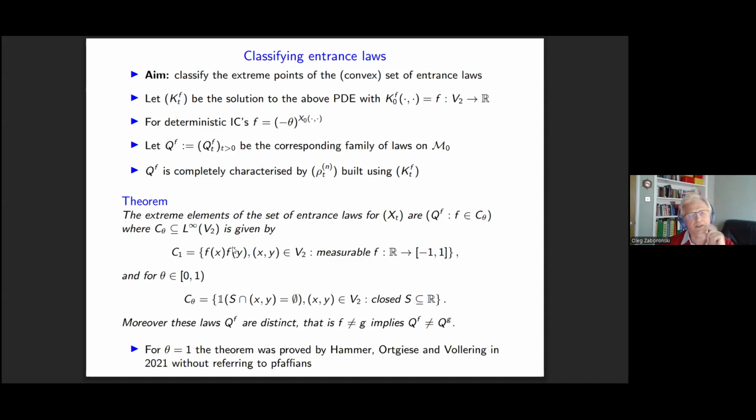For theta equal to 1, the pure annihilating case, perhaps the most interesting case, this theorem has been proven by these three authors in 2021, and they didn't use Pfaffians. They constructed a continuous counterpart of the Voter model, and they used Voter dualities and some information about the Voter model in order to prove the classification theorem. Unfortunately, the paper is quite long and technical. I suppose the main takeaway from this talk is that if you are using the Pfaffian structure, all you have to do is to study